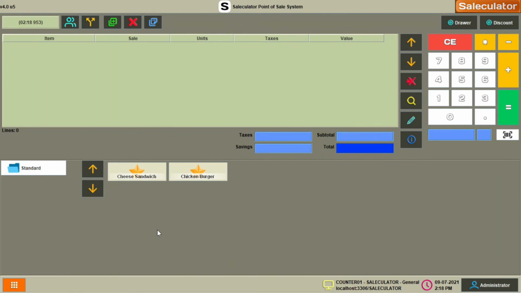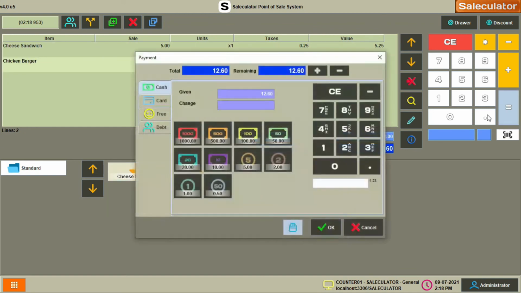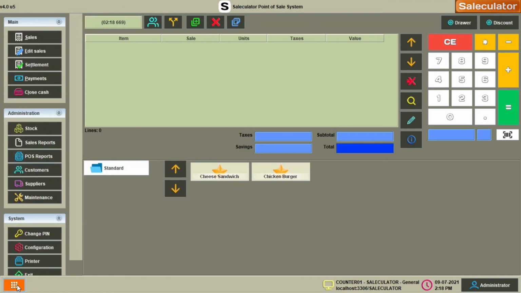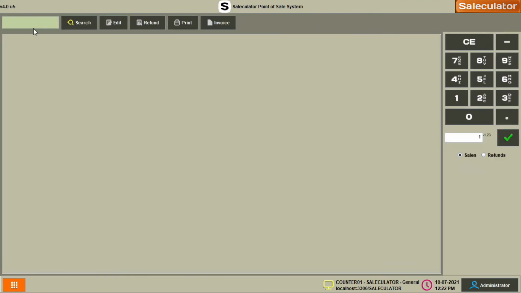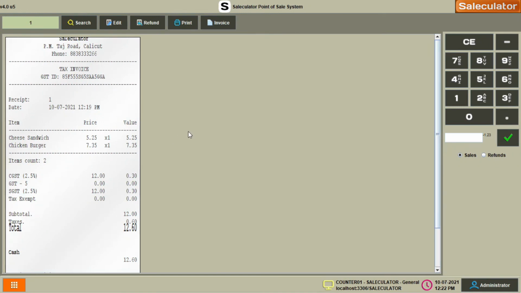Go back to the sales. Let's try and bill the products. Again, click OK. Now go back to the edit sales and let's try. Okay, so this is how the receipt looks. We got the title of the establishment on top of the receipt. It's in bold, Saleculator, with the address and the phone number, and also we got the tax invoice number updated on the top. Then coming down here we have the receipt number, date, and items split. And at the bottom of the items we have the tax split,